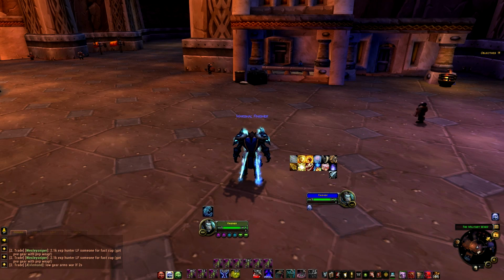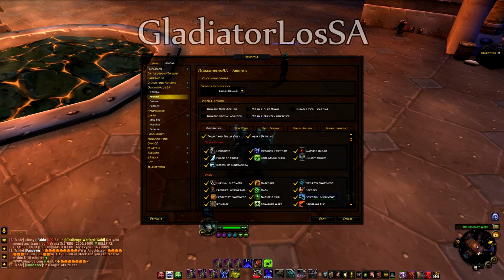Say for instance, if you can see that a mage doesn't have an ice block, then you're going to go deep. If you can see that a Death Knight doesn't have Mind Freeze, then you can free cast. It helps you out a lot. Another great add-on I'd recommend is